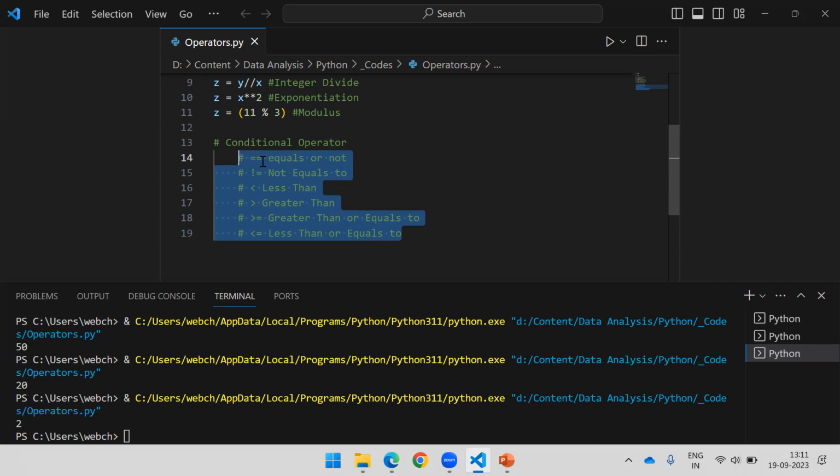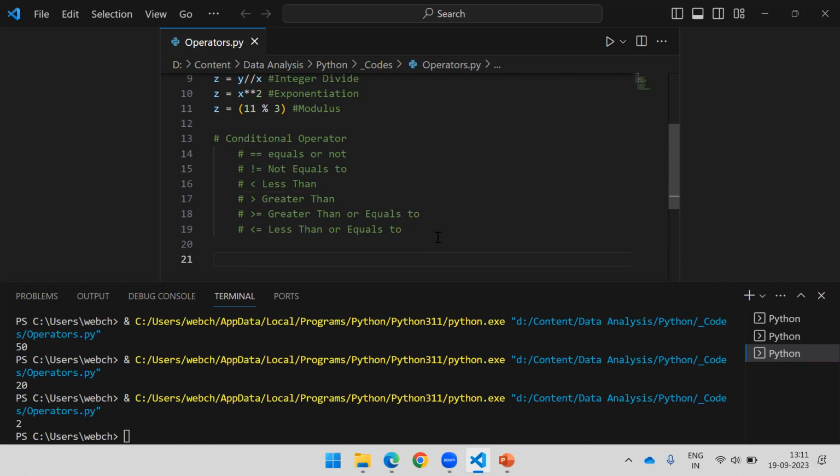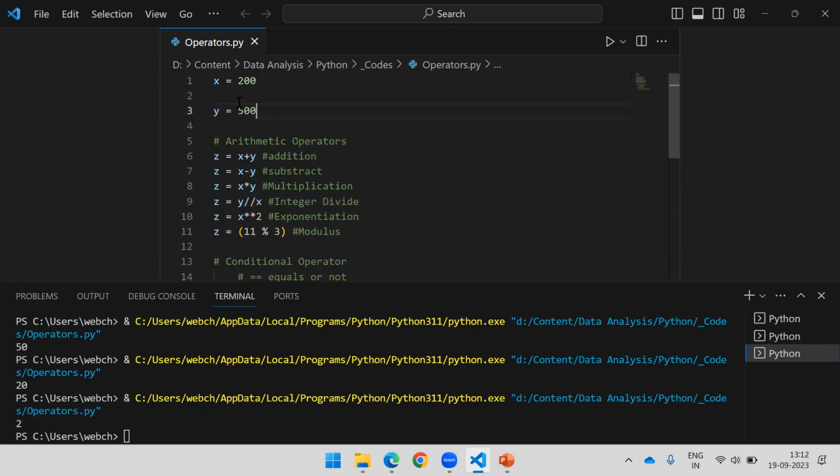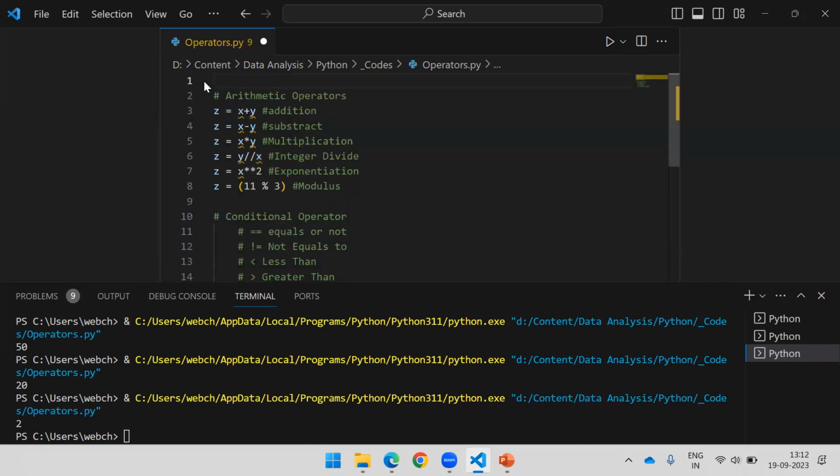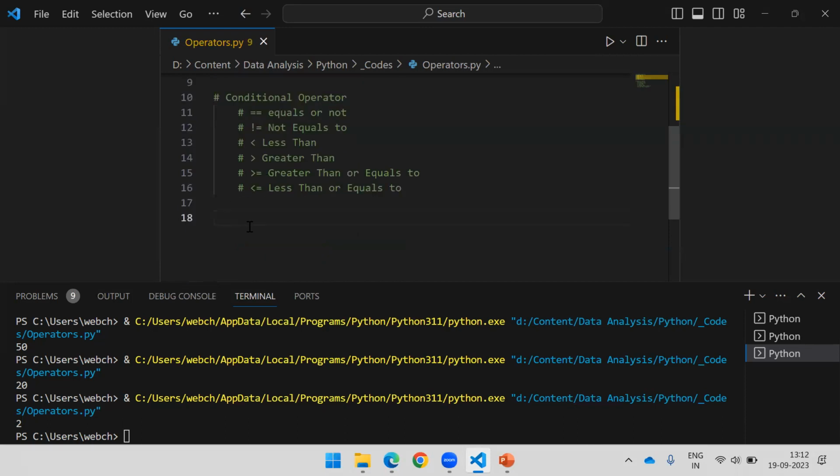Okay, so if the two values are equal, it will say true. If the two values are not equal, it will say false. So in that way, it is going to perform the operations. Okay, if I don't want these values there now, if I bring the value here, if I say x is equal to 10, and if I say y is equal to